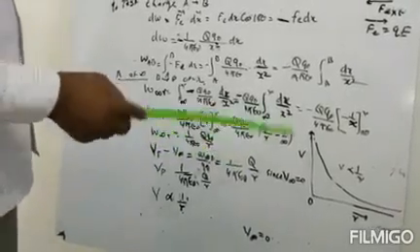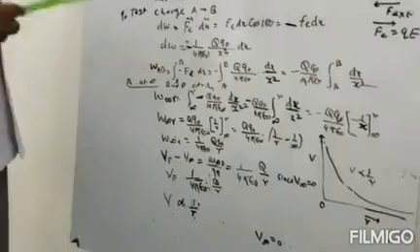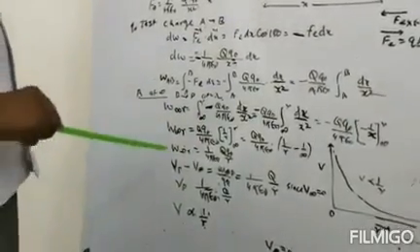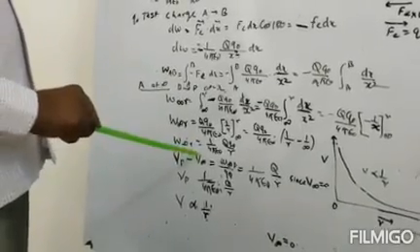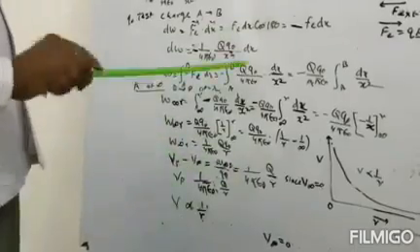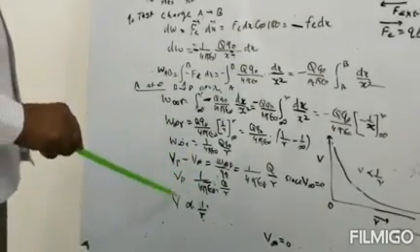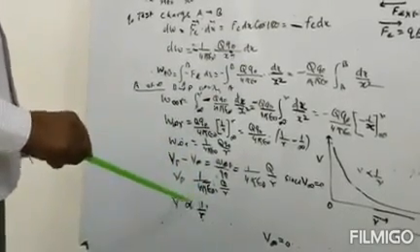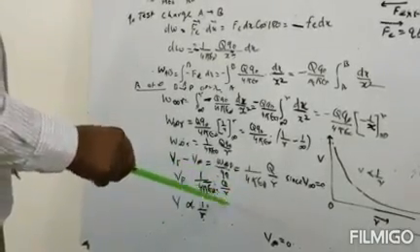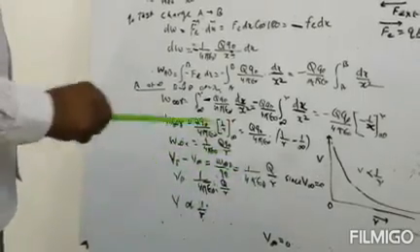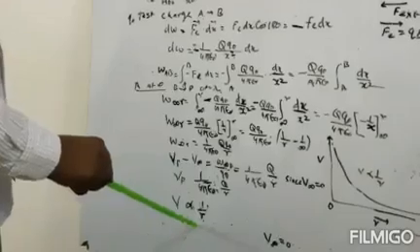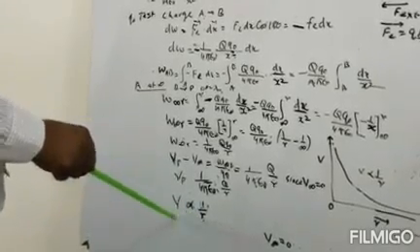In physics we cannot define the exact potential at a point. We always define potential difference, and the potential difference is Vp minus V infinity. We are considering the particle at infinity, and at infinity the potential is 0. So the potential at P will be equal to 1 by 4 pi epsilon 0 Q divided by r. So here we say the potential is inversely proportional to r, meaning if r is increasing, V will be decreasing.